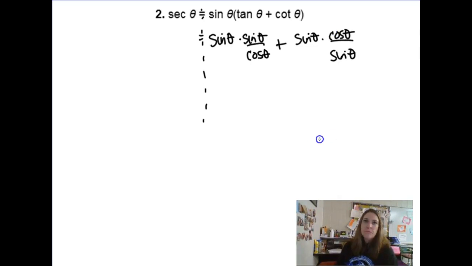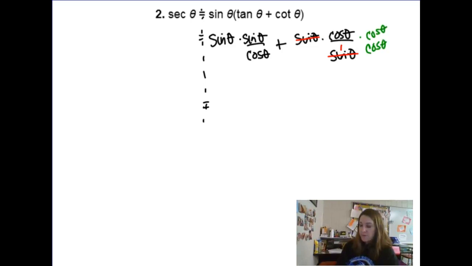Yeah? Okay. So here's where you have to make a decision. In this fraction, nothing cancels. In this fraction, sine does cancel. So I have to think ahead, and I'm going to have to get common denominators. So in this case, it would behoove me to cancel the sines, and that way my common denominator would simply be a cosine. So this fraction already has the cosine, but this fraction I would have to multiply by another cosine to get